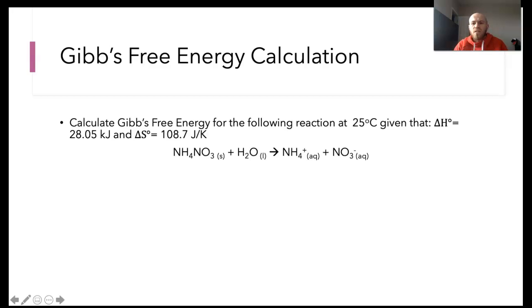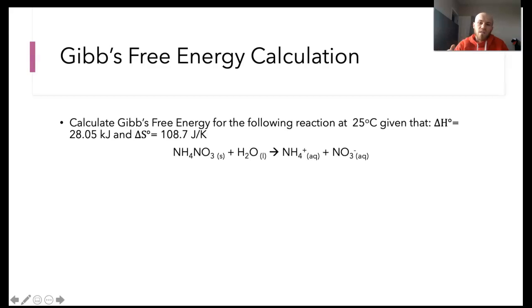There are a few things to point out here. If we look at our units, enthalpy is in kilojoules and our unit for entropy is in joules. So we're going to have to get a common unit. I would recommend going to joules, since it's a lot easier to convert to the smaller unit than up to the bigger unit. So I'd recommend changing that enthalpy to joules. Then we also have to look at the entropy units. You have Kelvin there, so remember you have to put your temperature in Kelvin.